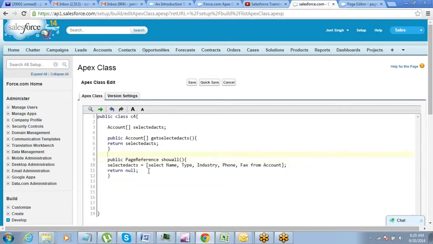Alright, so now for example, we want to have more values here. For example, one more page reference I want to have here, which is public page reference, and I call it direct.